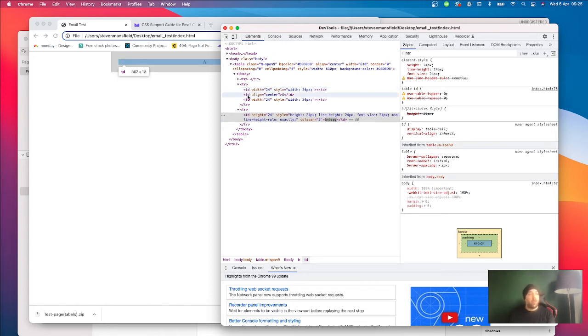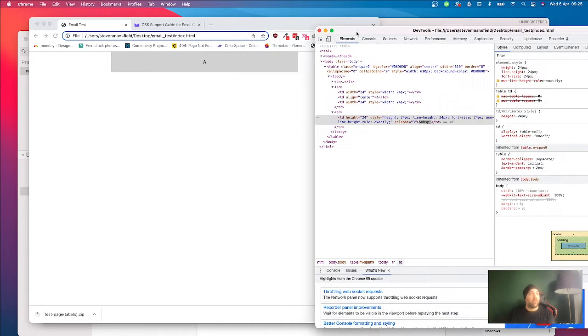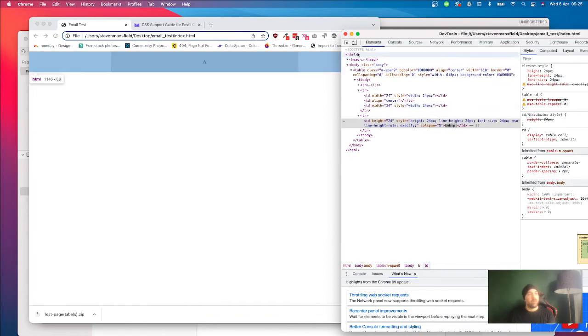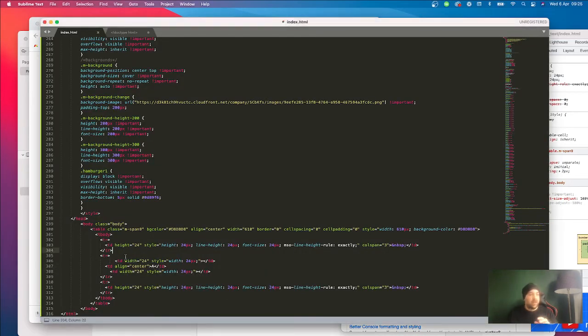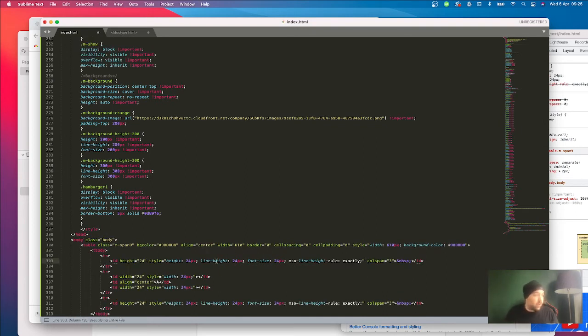Then we've got this is where our content's going to go, our main content, and then we've got our final spacer over on the right. So I hope that makes sense. Now, to talk about what these snippets are, for those that don't want to purchase the snippets, we'll talk about,